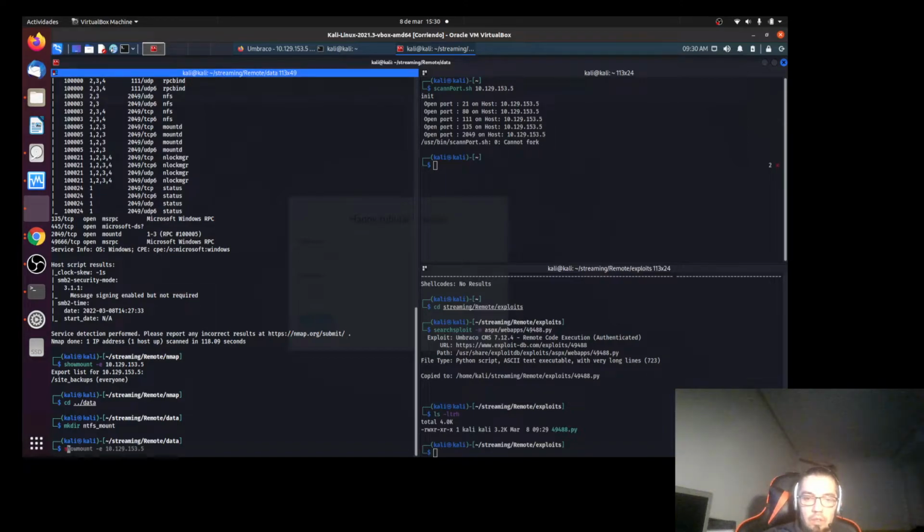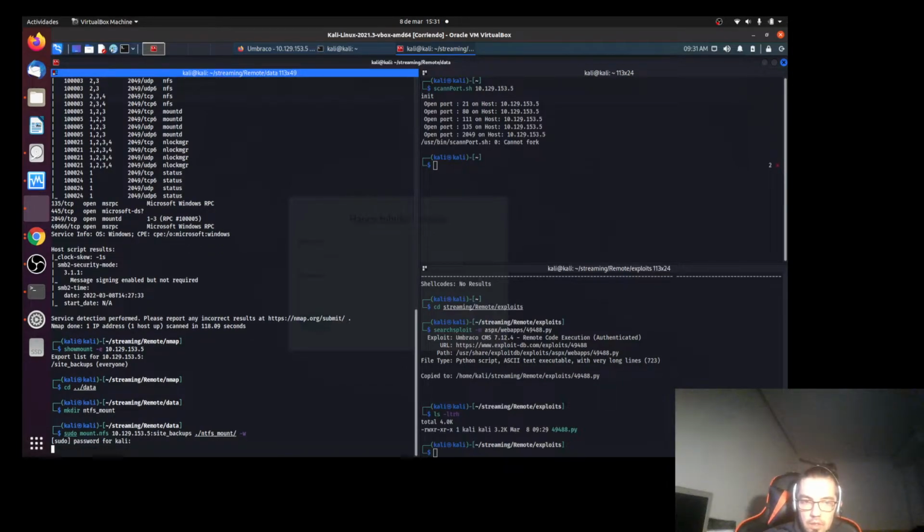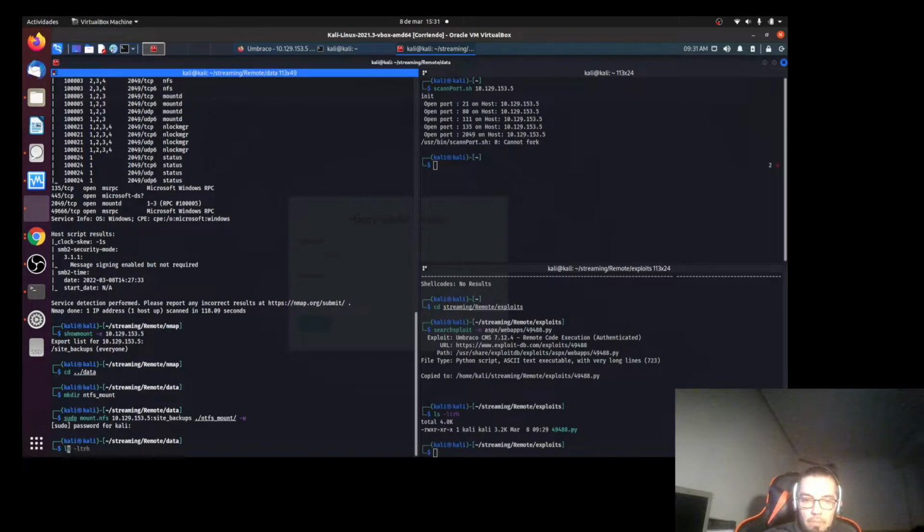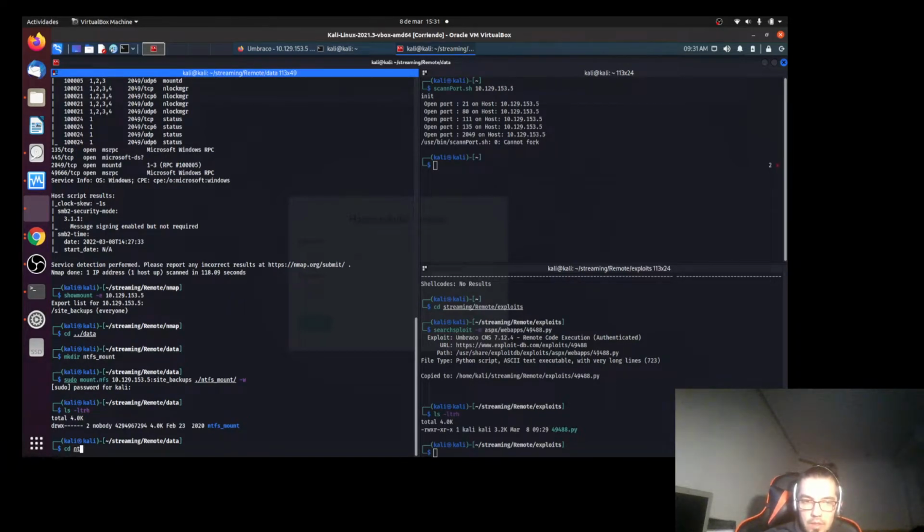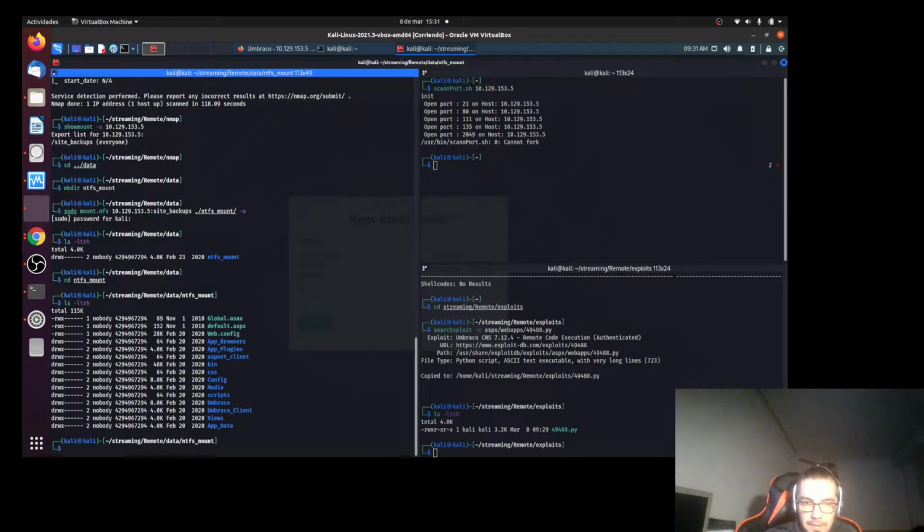So we can sudo mount this one in this folder. It seems to work. So inside of this mounted file system in App_Data,